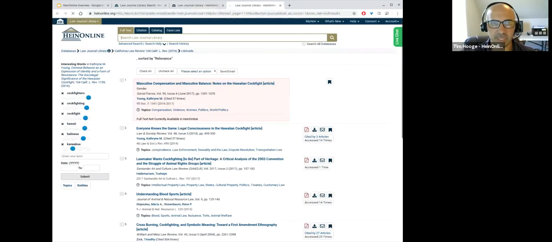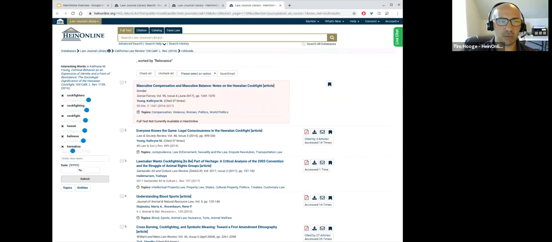It's going to examine that initial article, and it's going to pull out what it deems to be interesting words. Here you can see the terms that it's pulled out are cockfighters, cockfighting, cockfight, Hawaiian, Balinese, and a word that I'm unsure how to pronounce. And it's also assigned different weights to these terms. So you can see that these are a sliding scale, and we can change those if we want. We can even adjust those terms as we see fit.